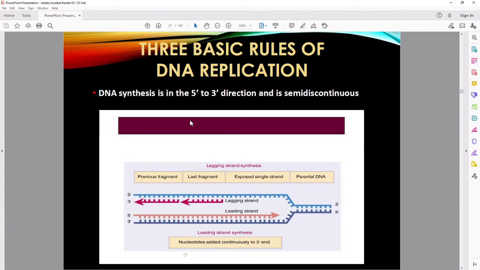Once the double stranded DNA is unwound, we separate it into two single stranded DNA. We know that DNA runs from 5' to 3' direction. So the strand at 5' acts as the leading strand, and the other strand at 3' acts as the lagging strand. What is the difference between these two strands? The leading strand can be synthesized continuously, meaning that new nucleotides can be added